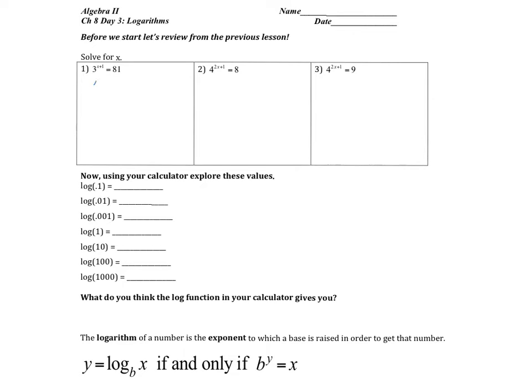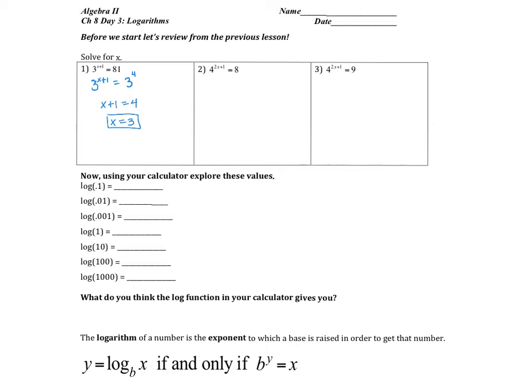So we have here 3 to the power of x plus 1 equals, and now we need to think about 81, if there's a way to rewrite 81 with a base of 3, and 3 to the 4th power is 81, so because the bases are now both 3 on the left and right side of this equal sign, we can set the exponents equal to each other, and we can solve, and we get x is equal to 3. If we take a look at the next one, we have 4 to the power of 2x plus 1